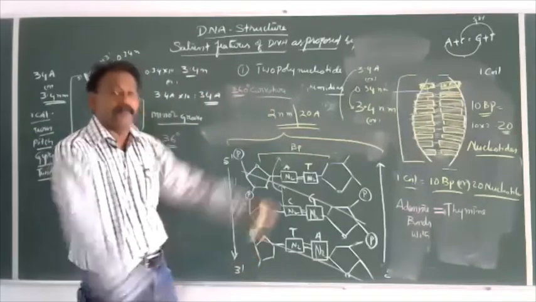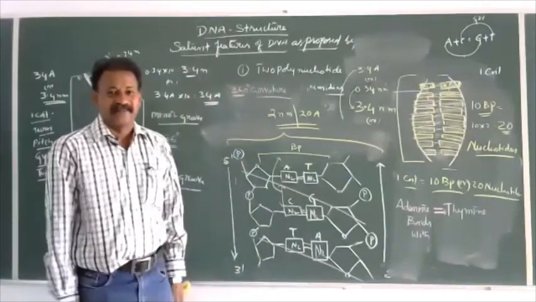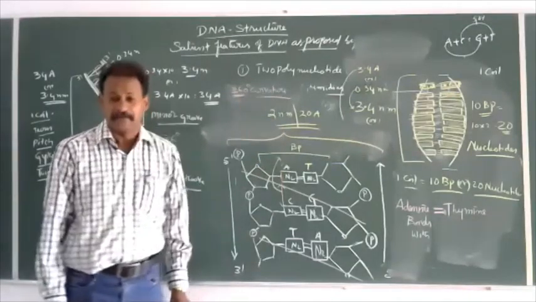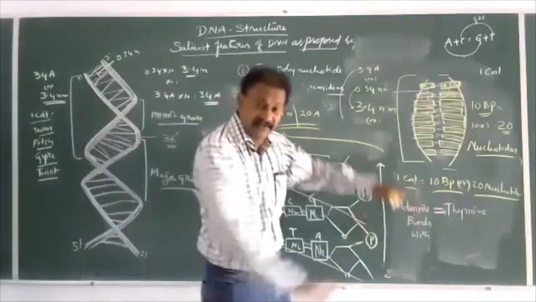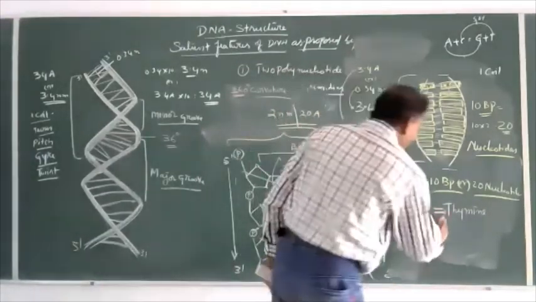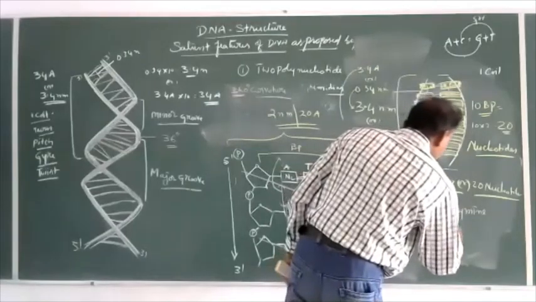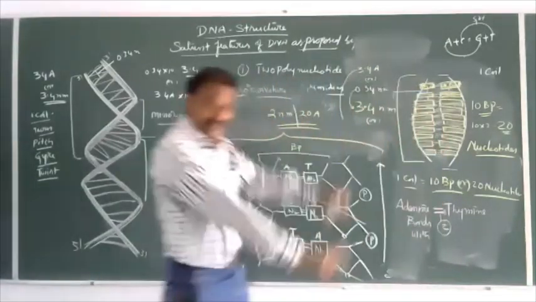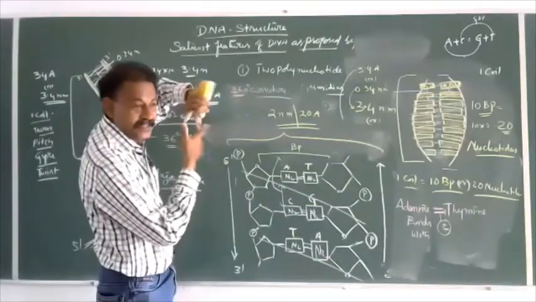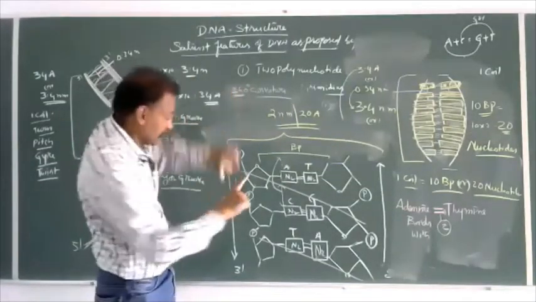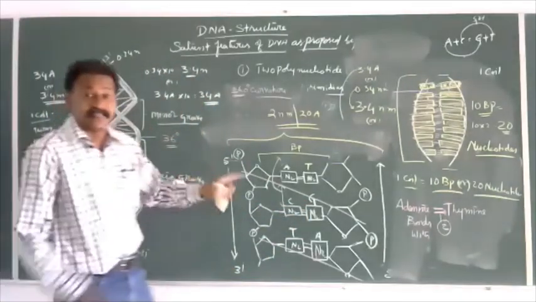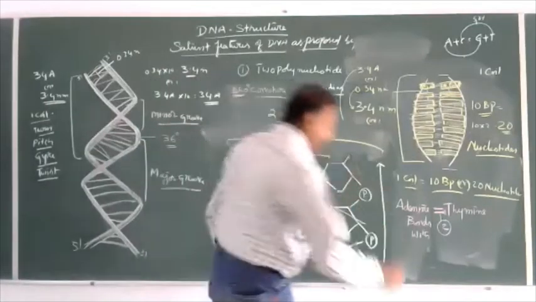How is it possible? Because the twist is like that. So that was the greatness of creating this model of DNA: the twist of DNA in such a way as to form two hydrogen bonds. And whenever this twist is bringing guanine and cytosine together, there is a possibility of only three hydrogen bonds.